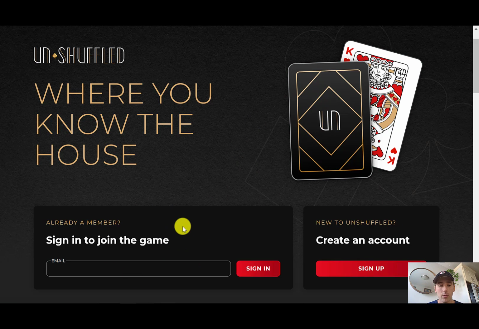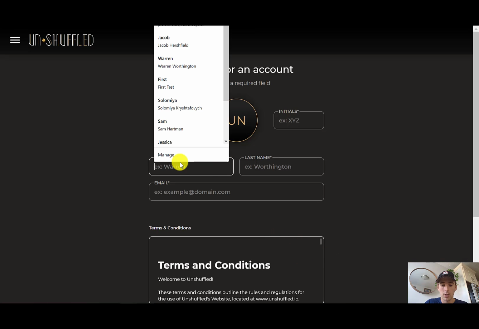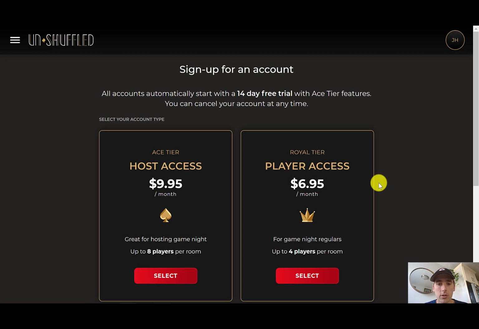If you already have an account, you're going to see a lot of the same stuff, but I'm going to go ahead and sign up. I'm going to create an account. Okay, so once we create an account, we are taken to the tier selection page. If you are signing in for the first time since this release is deployed, you will be prompted to complete